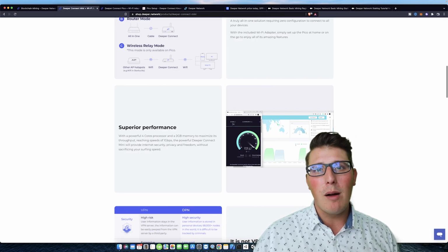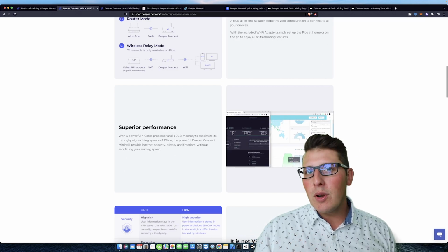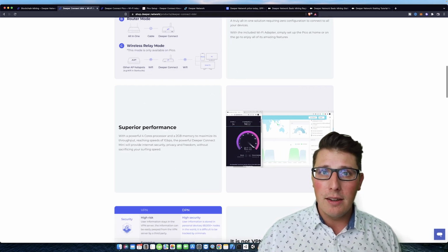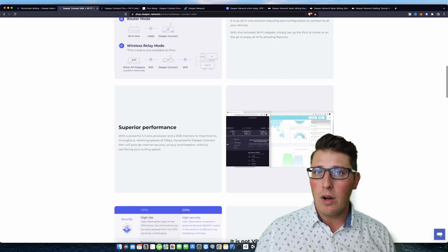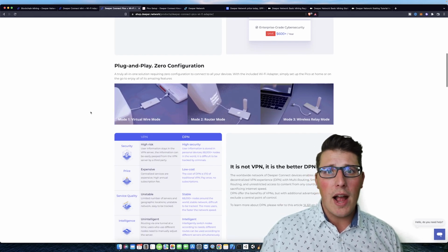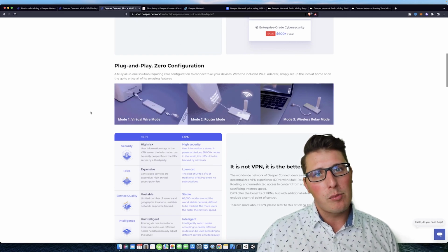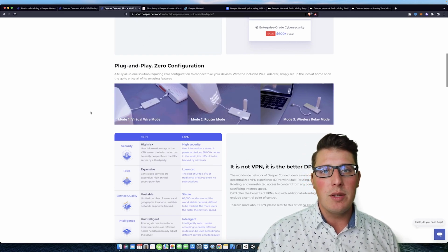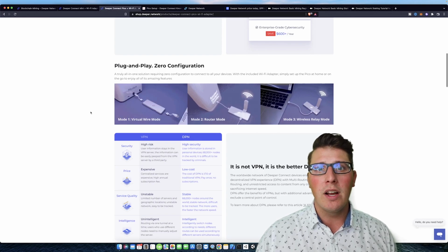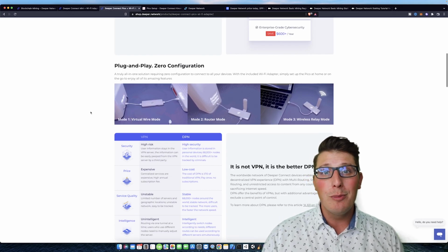So the big problem with that, though, is that if I can't change the password, not that everyone's going to know what a Deeper Connect Pico is, but the problem is some people can. And the password is a default password across the board. So unless you're setting it up in the virtual wire mode, where your router has the password and you can change your router password no problem, this becomes kind of a problem because that means anyone can connect to your Deeper Connect Pico. And I'm just not comfortable with that for most situations and things that I'm doing on the internet. Now, of course, general browsing, watching Netflix, things like that, watching YouTube,